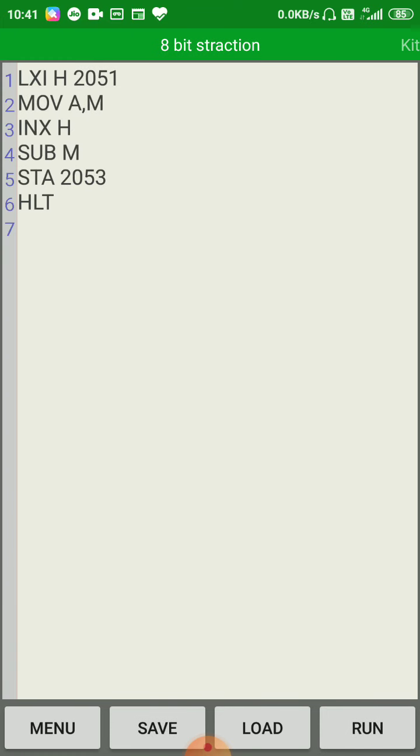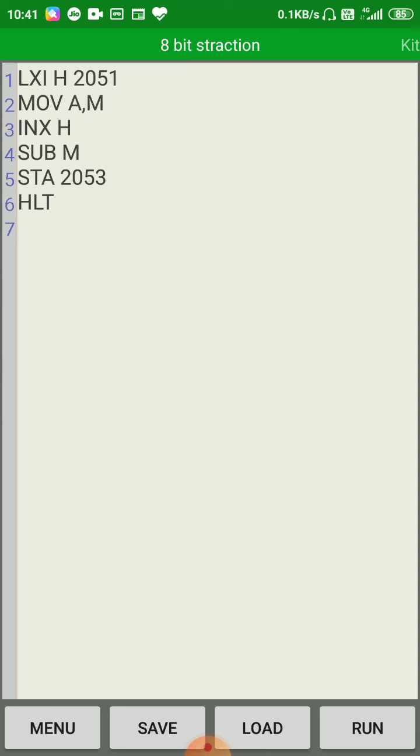So for subtraction of 8-bit numbers, you must be aware of the flowchart. You need two numbers.